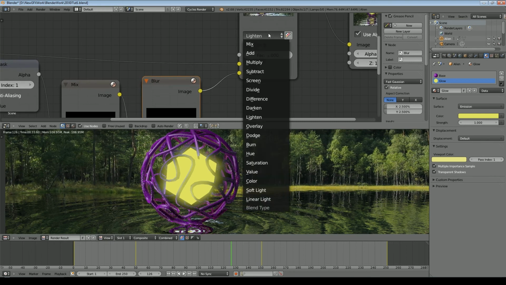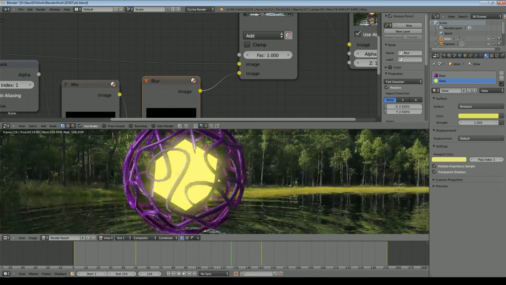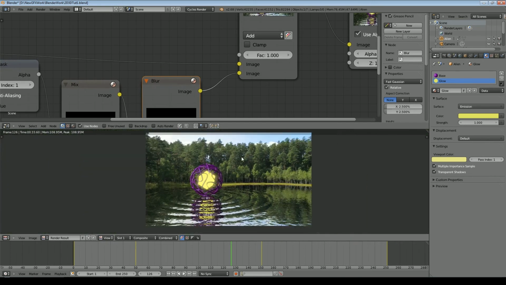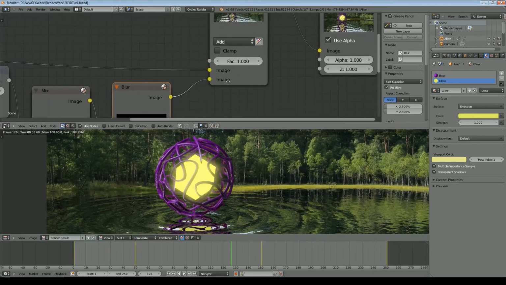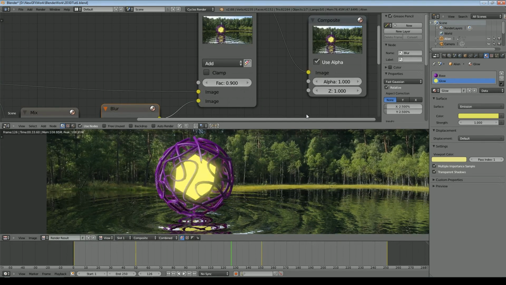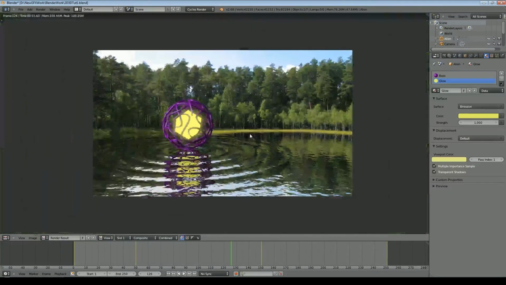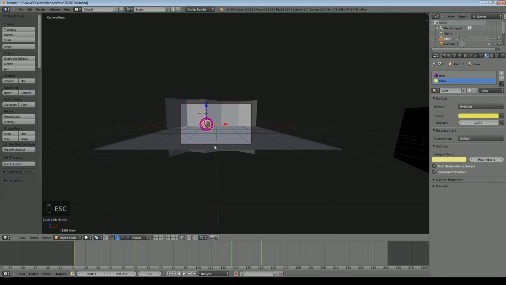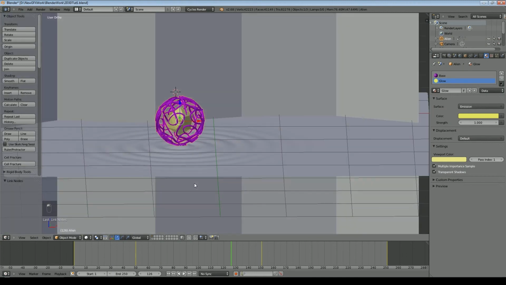We'll go back to add on here, and it's actually slightly better. I think that's a better effect for these purposes, and obviously you can back it off slightly if you want to here, and that just biases it towards the original image, and you just find about the right place. So that basically is the effects on how you create the glow, and the final element will be just to put a lamp in the scene that somewhat replicates where the sun is.